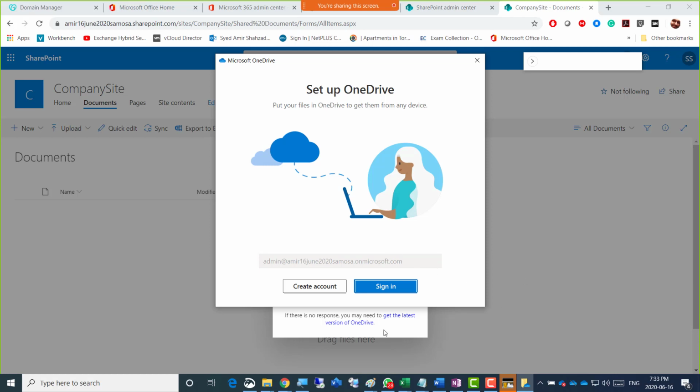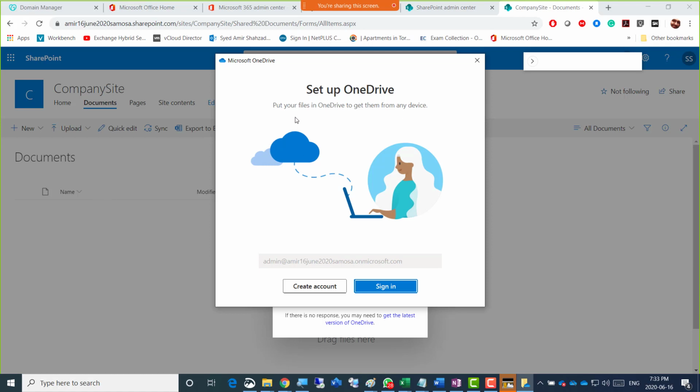It's just a folder or client that you download, and whatever files are in your laptop or desktop, you can put in that folder or client, and it will sync right away up to that site here.